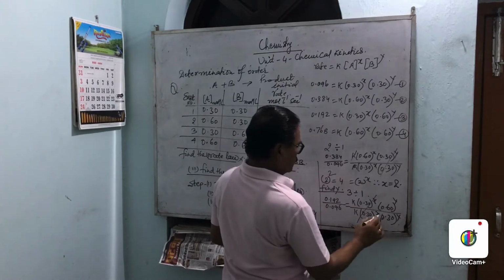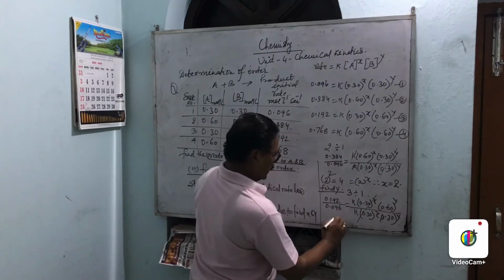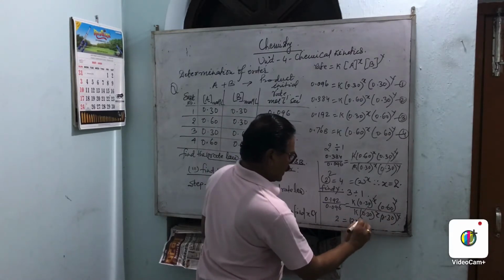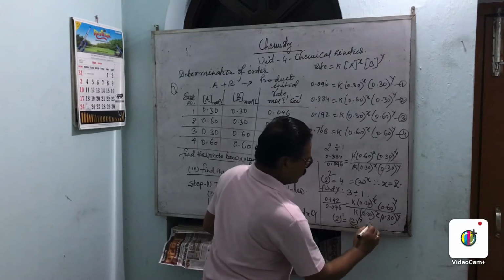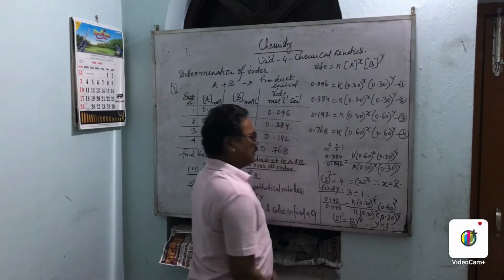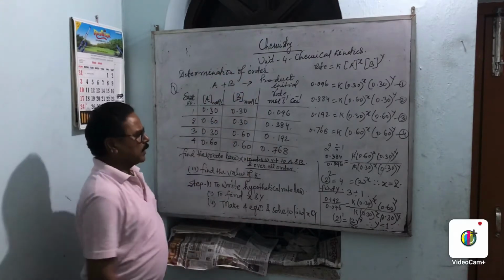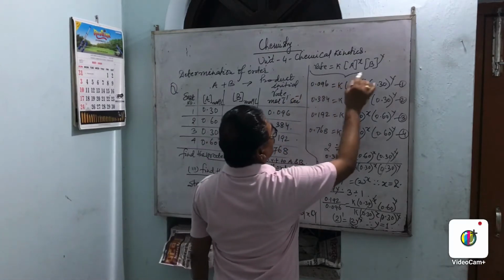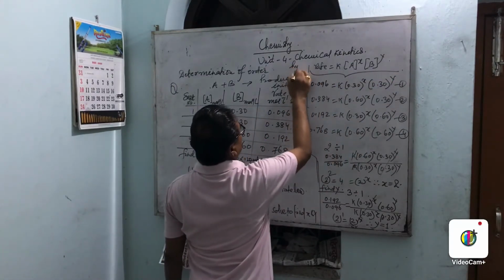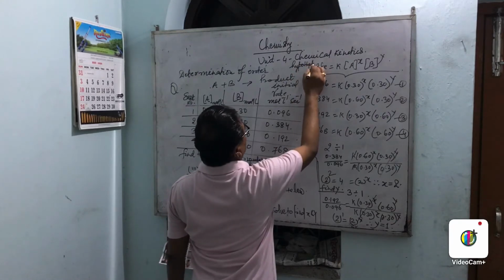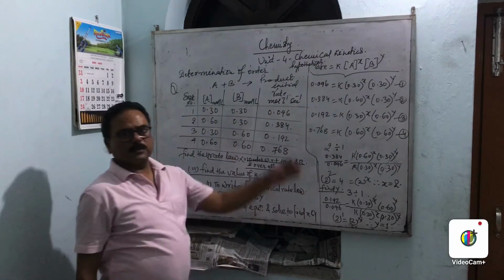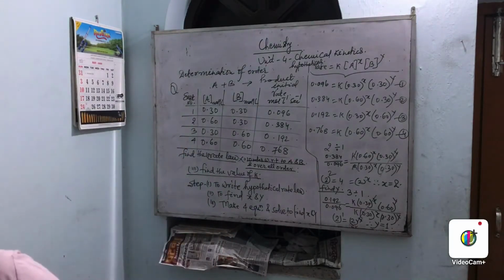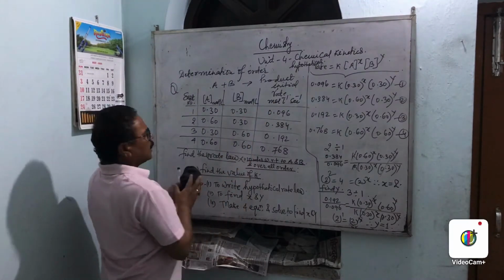So this will cancel out. So that is 2, and this is 2 to the power Y, and this is 2 to the power 1. That's why Y comes to be 1. So we see here the order is an experimentally determined fact. It can never be imagined and never be guessed. And we have the hypothetical rate equation. This is called hypothetical rate, because we imagined that this would be the rate law of this equation, and we have to find X and Y. And you saw how we found X and Y.